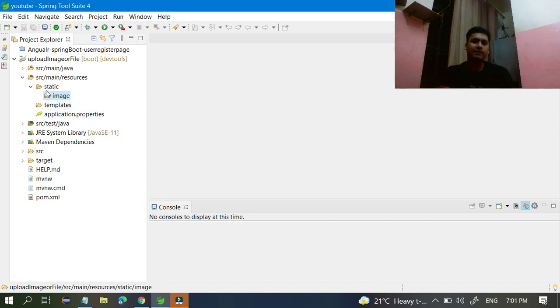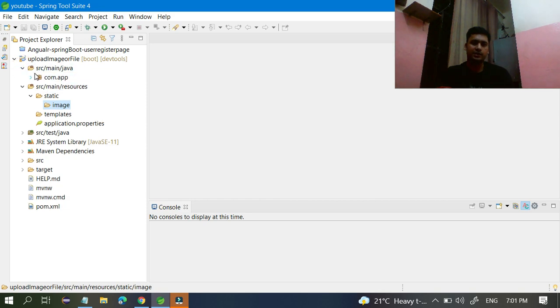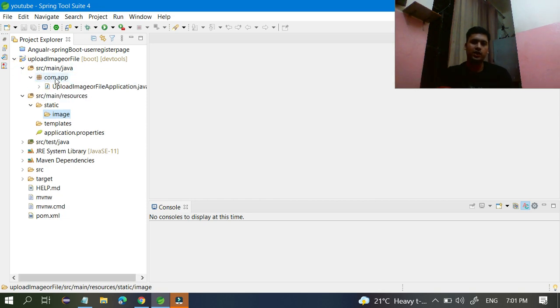I want to create one more controller. The controller is used to receive the image from the UI or Postman. If you want to change the port number of your application, you can change it.